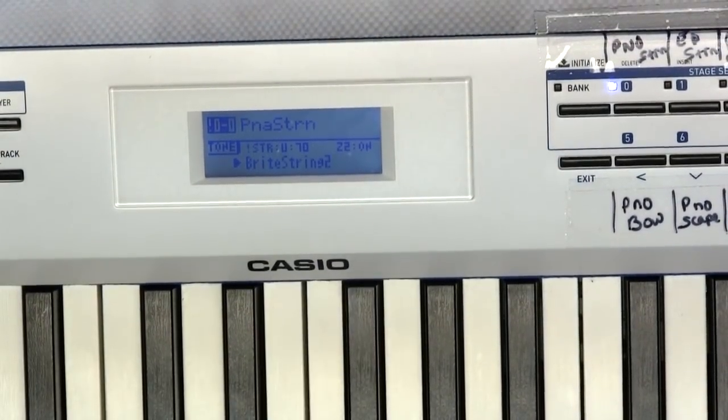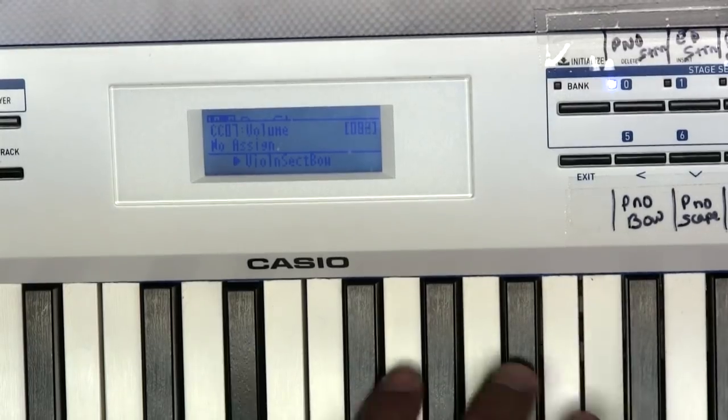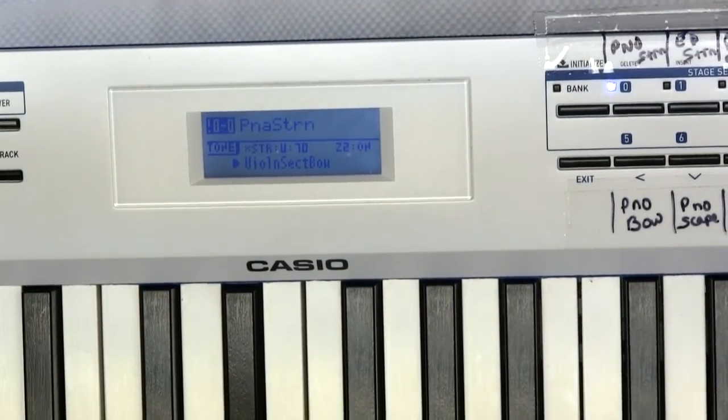Zone 2, you see it's bright strings. I want to change that. I can change that sound instantly. Can't really hear that one. It's that simple to change sounds. I may want it to be an electric piano. I just hit that and